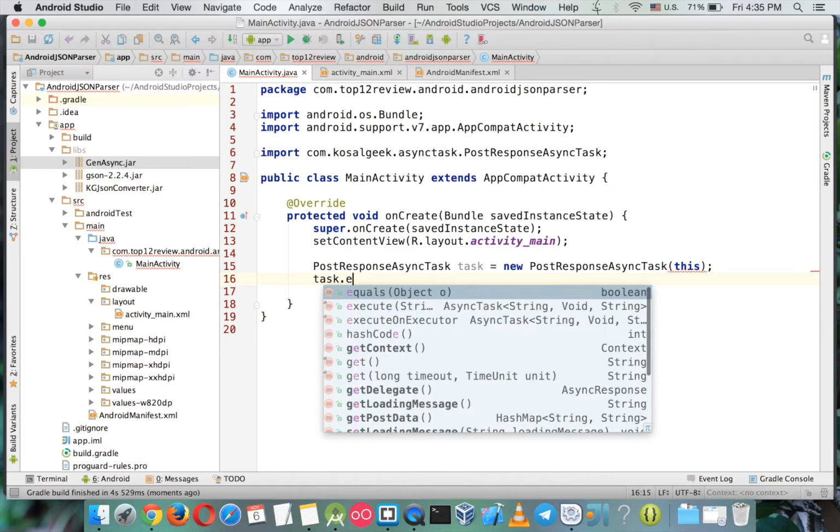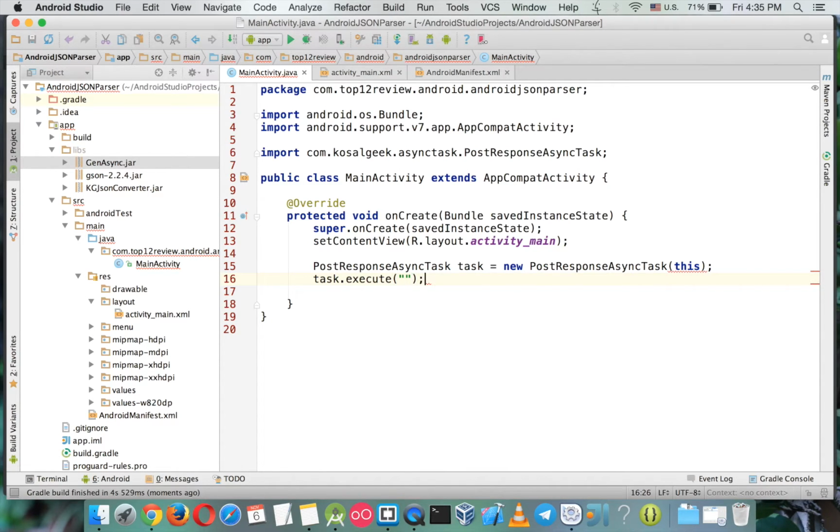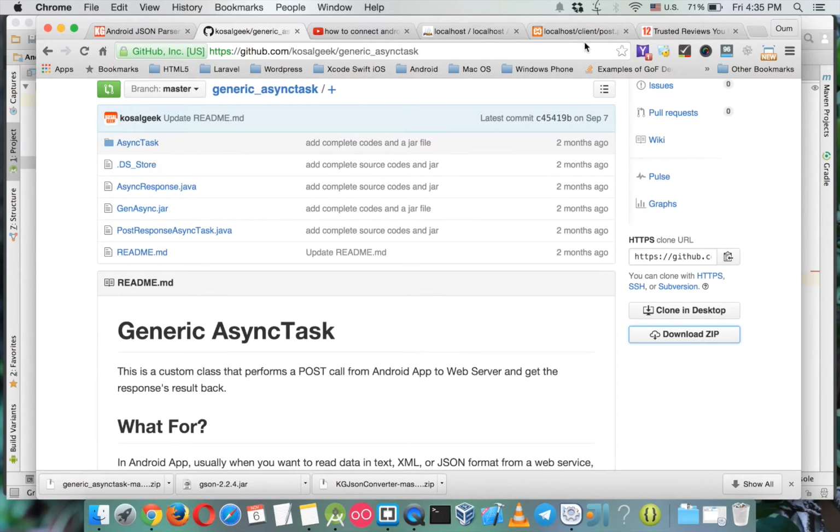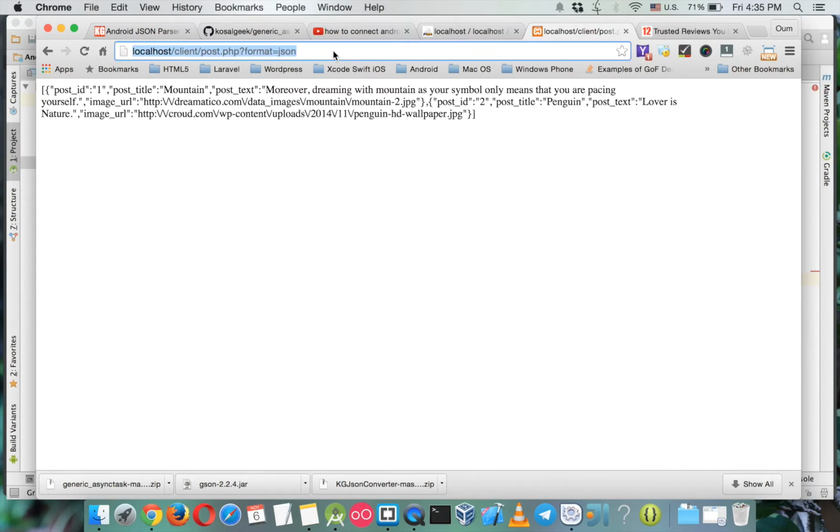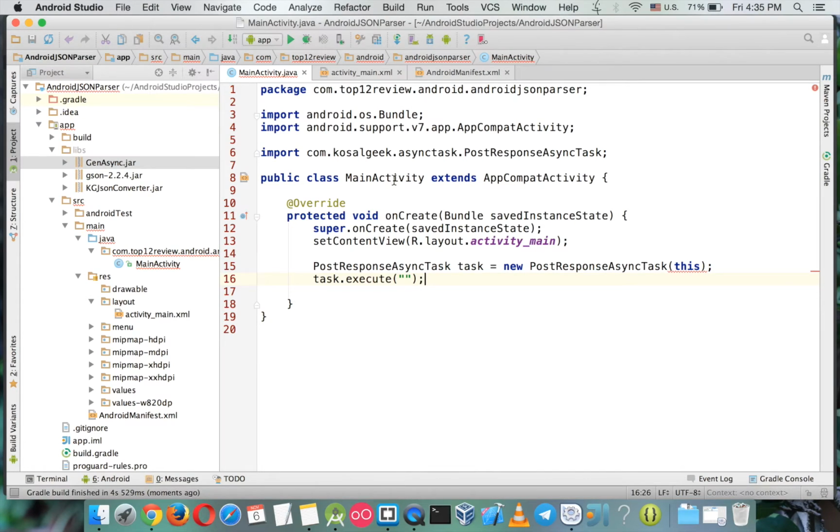and task execute. So you give a URL. Okay, so where is your URL of the text? In here. Okay, so copy this and then pass to here. One problem here is the local host, because now you are connecting to the computer and you run from an emulator. At this stage, the emulator has the local host itself, so you have to give another name. So there is an alias. It's called